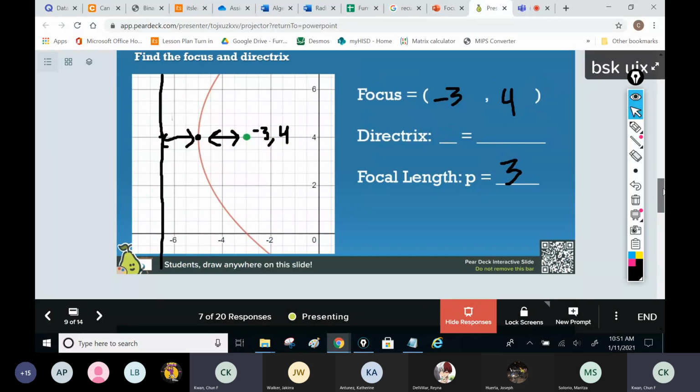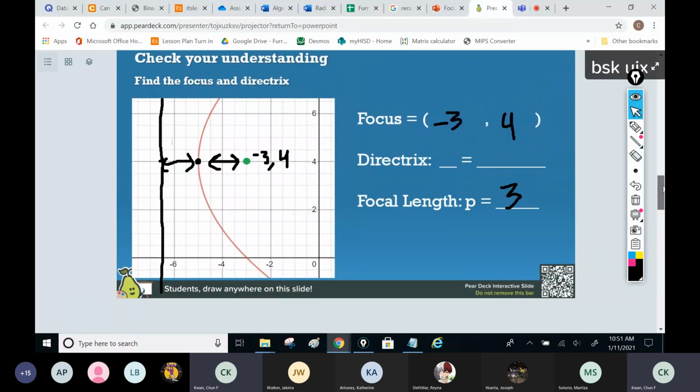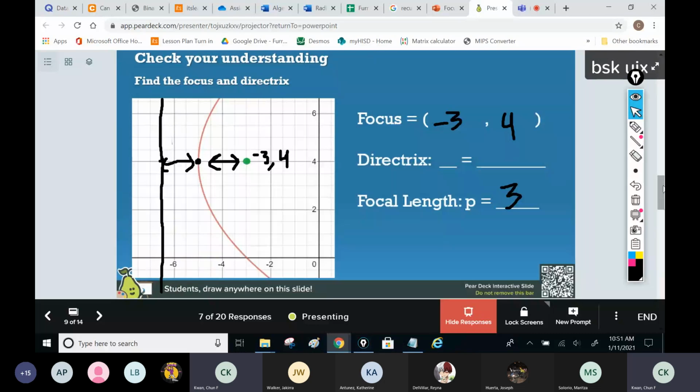All right, this one is good. This one's good. So think about the directrix. Oh, you even labeled the directrix. Right, it should be slightly further. All right, slightly further. So right here is the directrix.